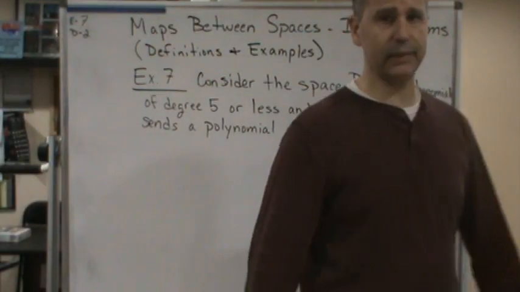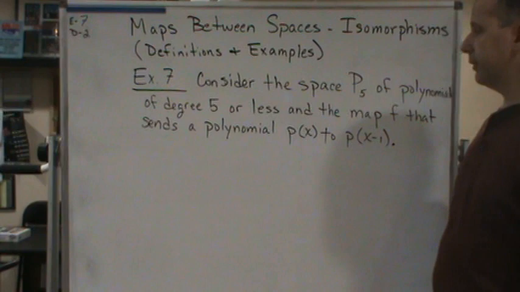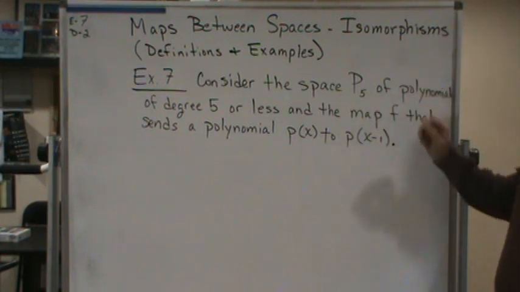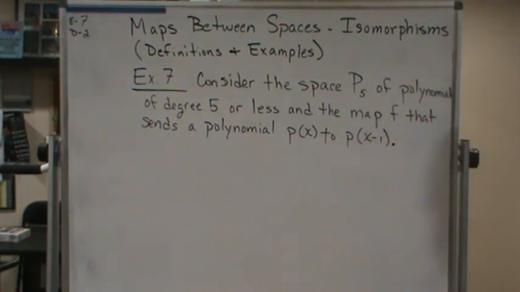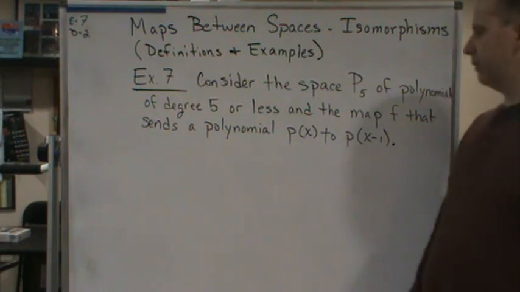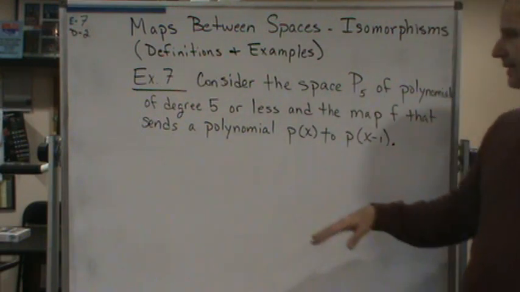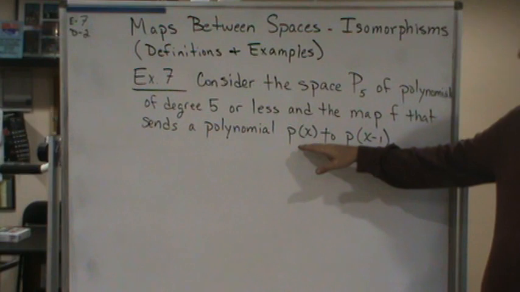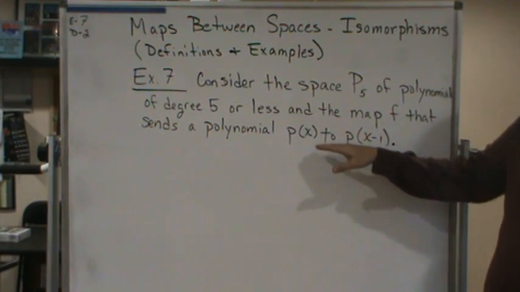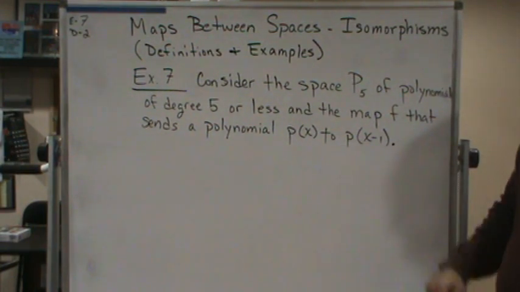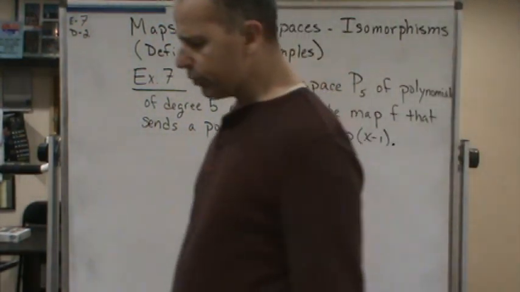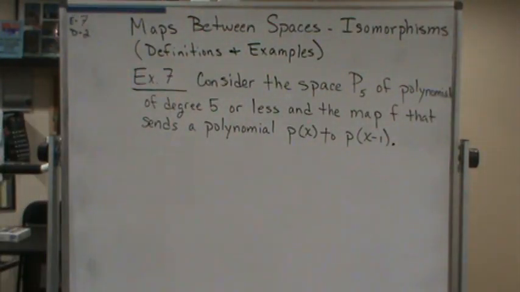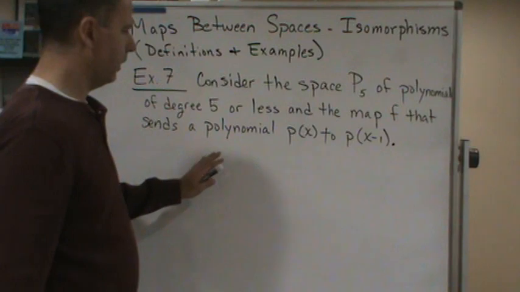Okay, now here's example 7. It says consider the space P5 of polynomials of degree 5 or less and the map F that sends a polynomial P of x to P of x minus 1. So think about this as an automorphism